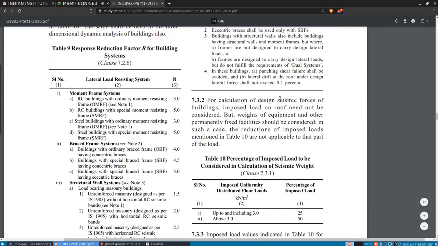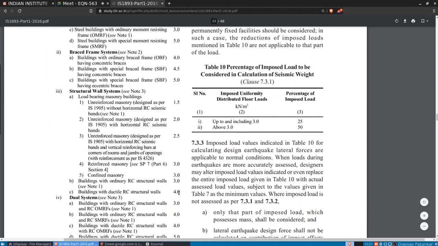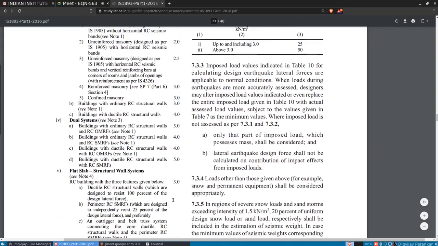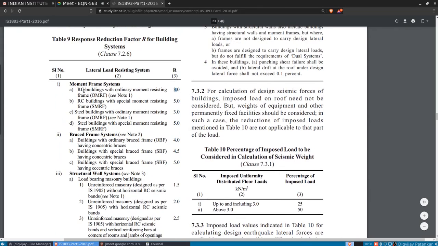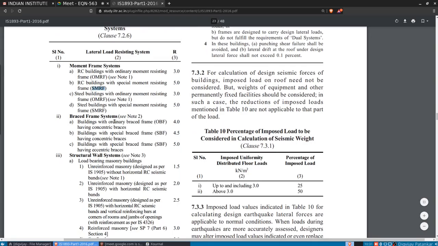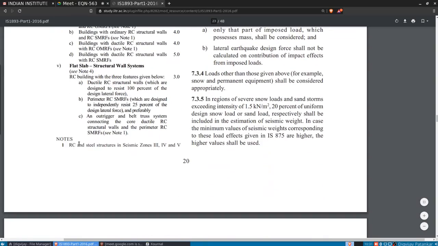Here, response reduction factor R for building systems. Moment frame systems, response reduction factor is 3. You can see all the response reduction factors 3, 5, 1.5, 4 and so on. Here you should remember one very important thing: if you are using an RC building, then there are two classes, ordinary moment resistant frame and special moment resistant frame. So among these, it is specifically mentioned that